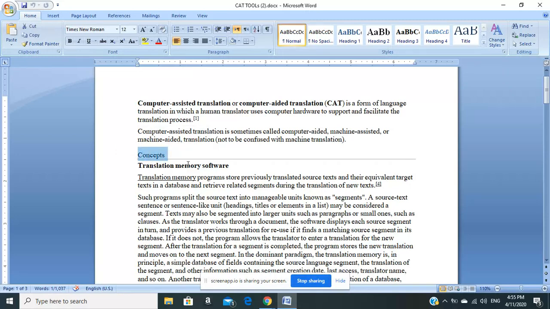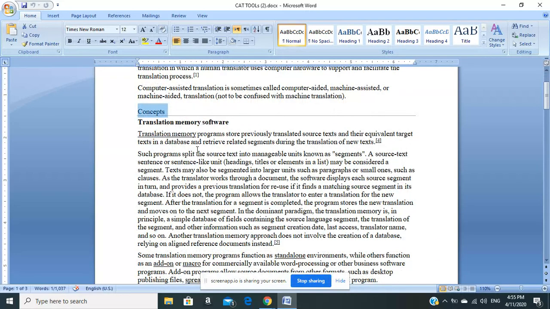Then the main concepts of computer-assisted translation. Translation memory software. Translation memory programs store previously translated text, source text, and their equivalent target text in a database and retrieve related segments during the translation of new text. So here, this is like a memory. It helps you to remember